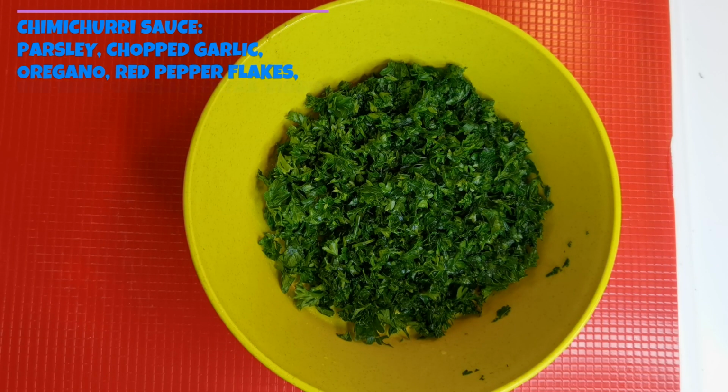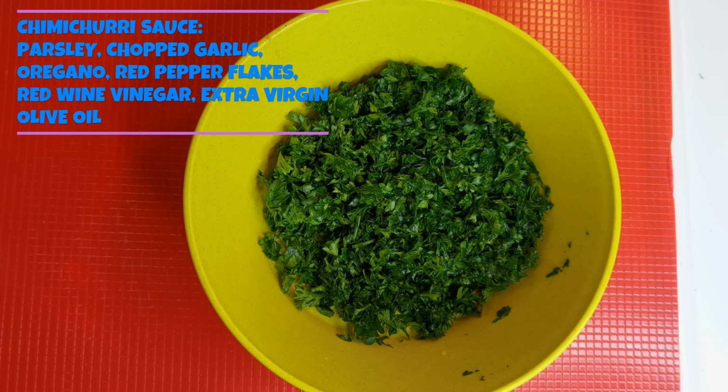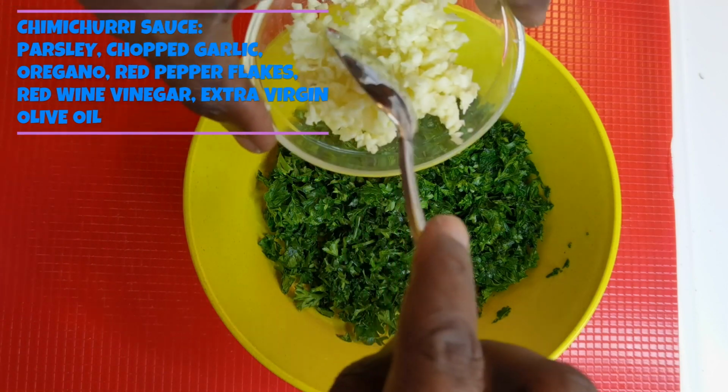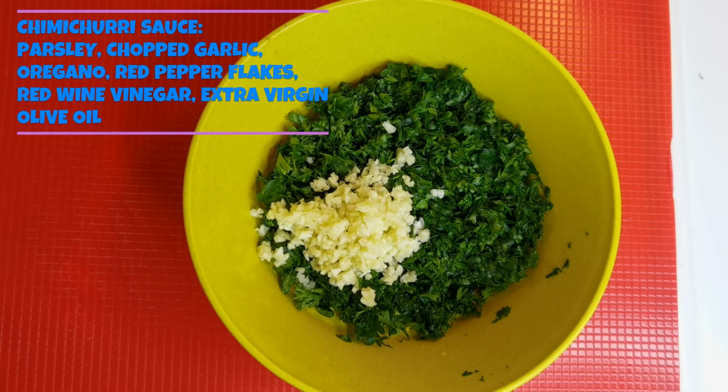So now we're going to make the sauce that we're going to eat our roasted eggplants with. We're going to use a Chimichurri Sauce. So it's made of fresh parsley. We got it all chopped right there. Some chopped garlic, some oregano,